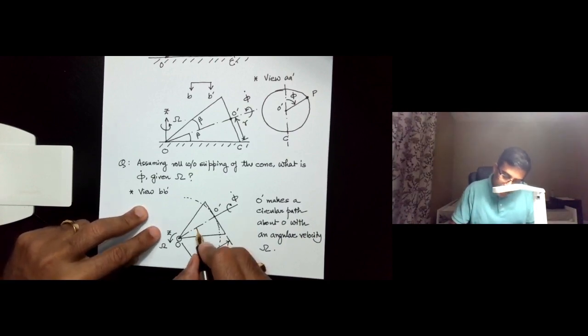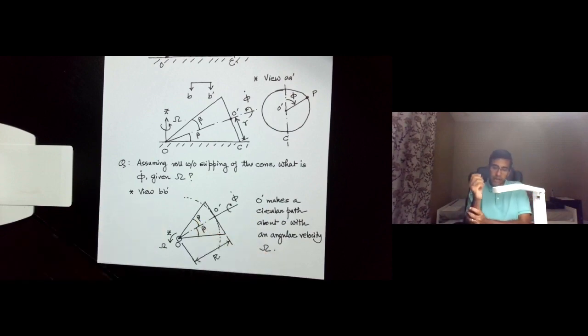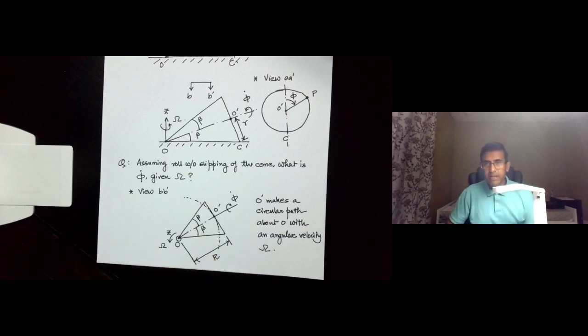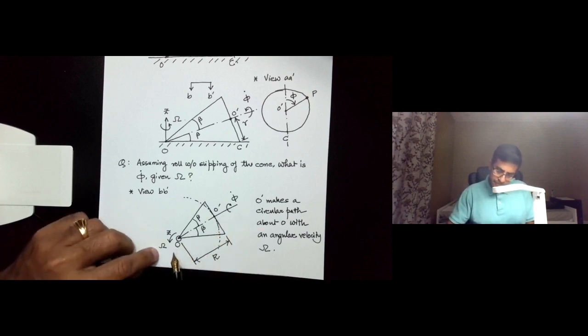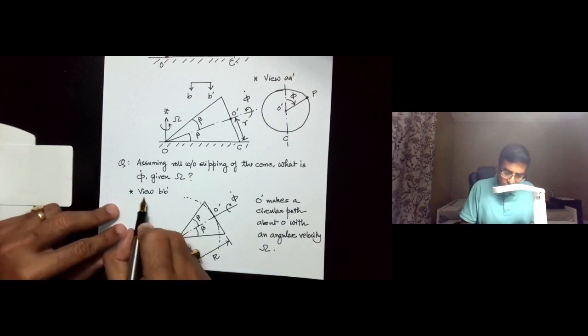And again, even if you're looking from the top, the angle that you would see formed by the isosceles triangle is 2 beta, so beta on either side of this median or perpendicular. So this is the geometry of the motion,